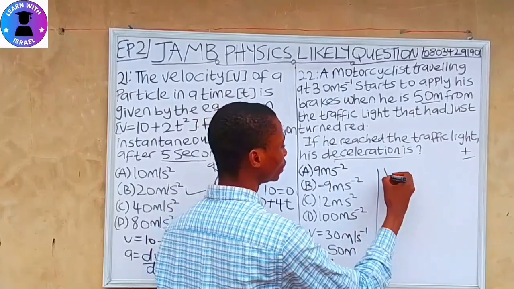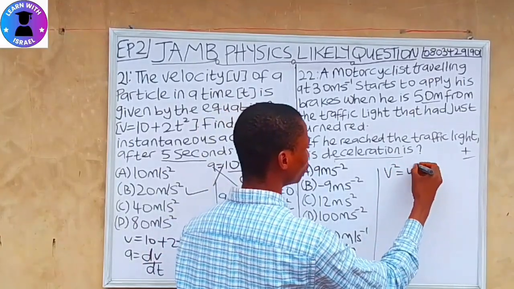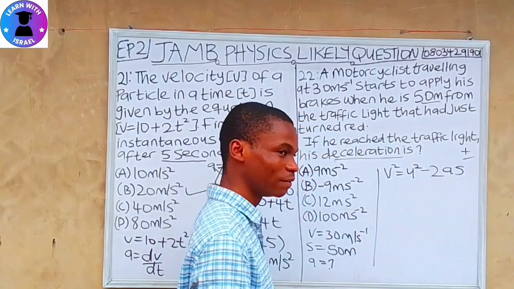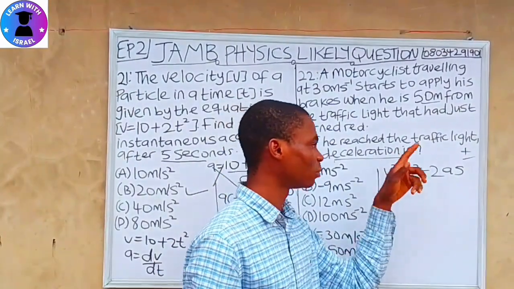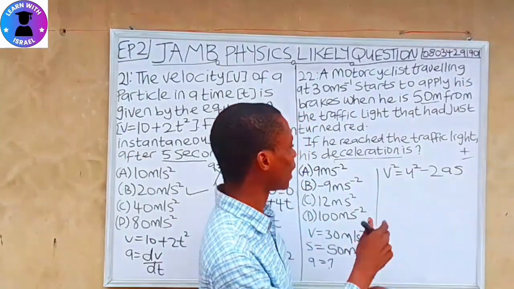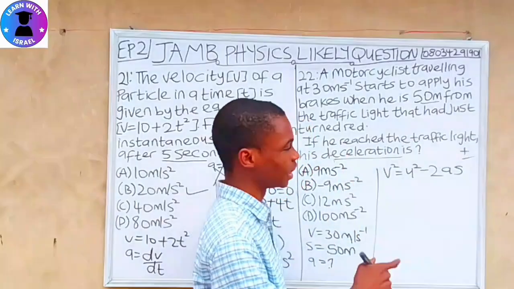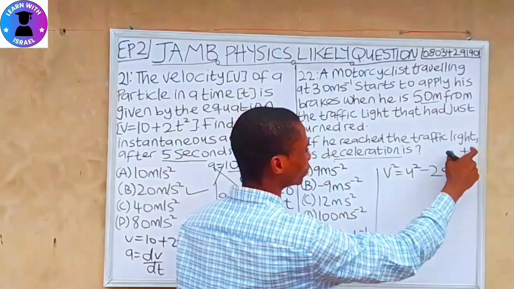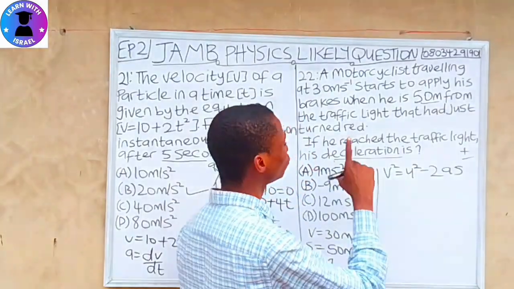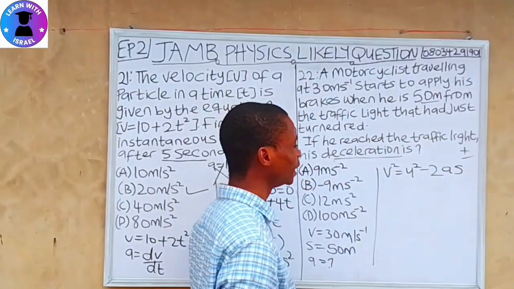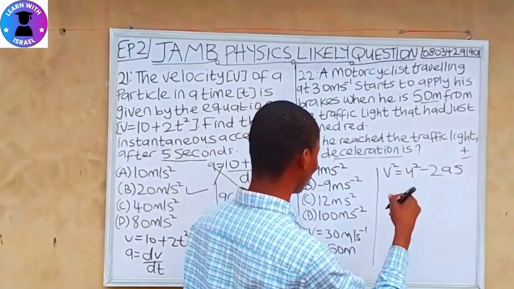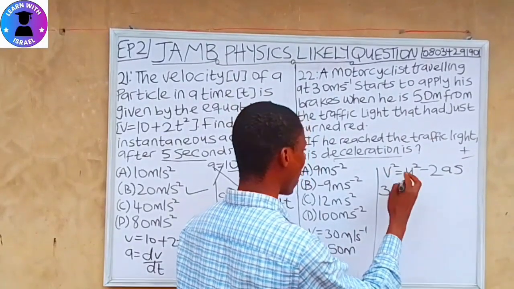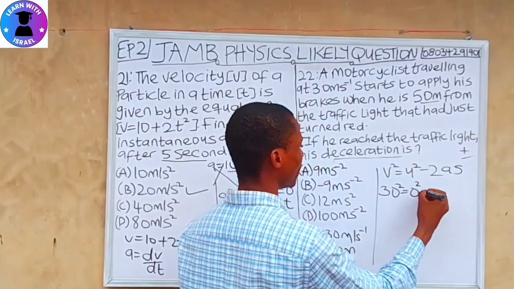So we'll be using v square equals u square minus 2as. Why are we using minus? We should be using plus, but why are we using minus? Because we have to solve for the deceleration. I explained that for deceleration it is minus and for acceleration it is plus. So it's very important to note the question and to study it before answering it. So our v is 30 square equals our u is 0 square minus